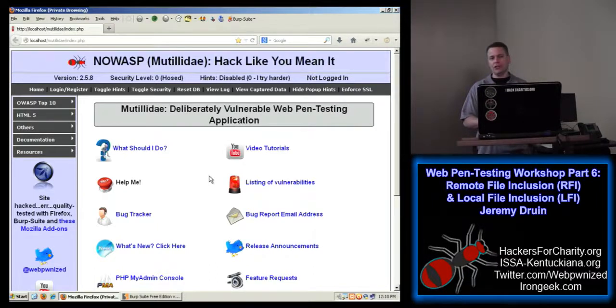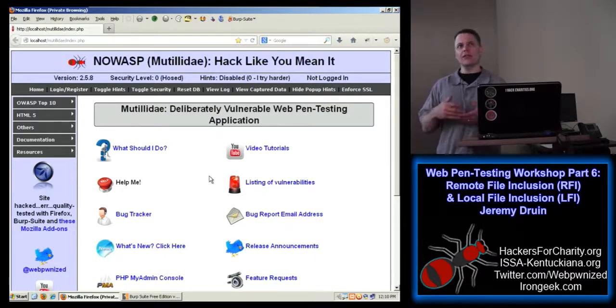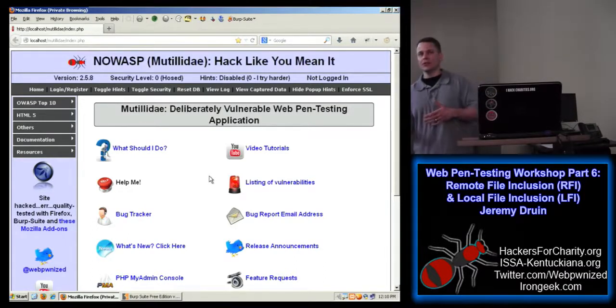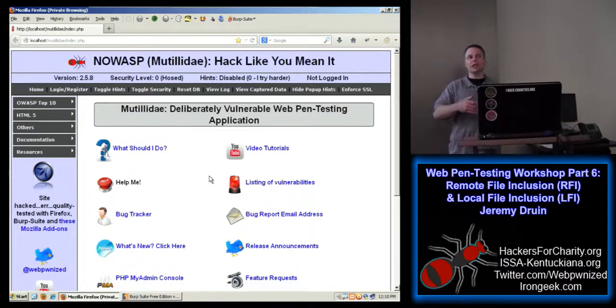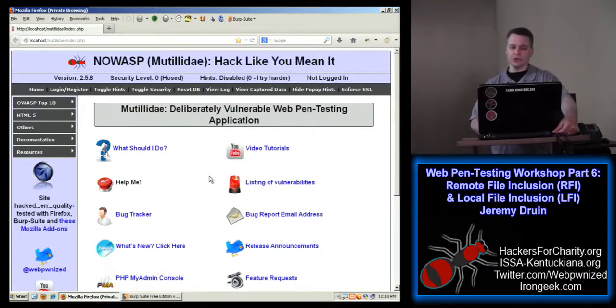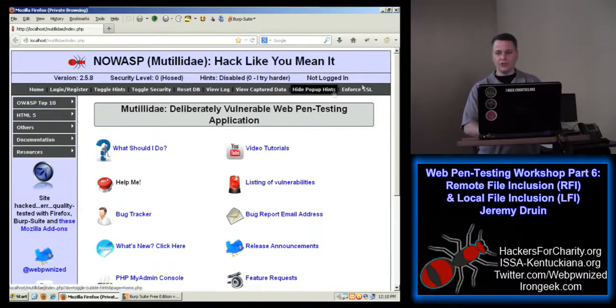But when it comes to messing with authorization controls, they're almost always custom to the application. And so you have to research every single app independently to figure out how it does authorization, and then figure out a way to do something that was unintended by the developer in order to gain extra privileges. So we're going to start by just trying to figure out how the site works. We're already on the home page. If we go to login and register,